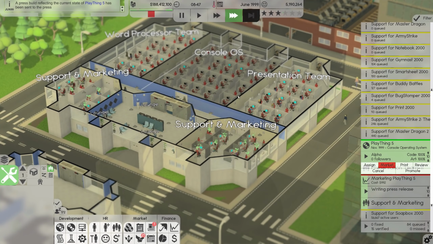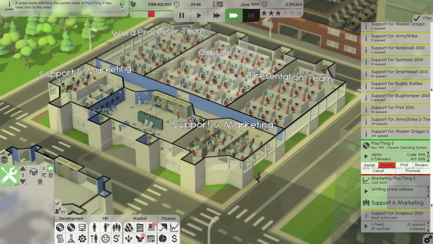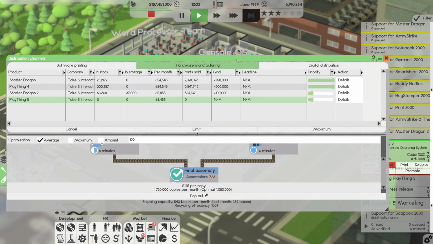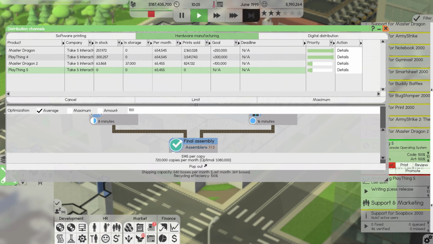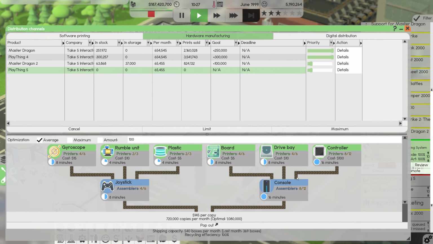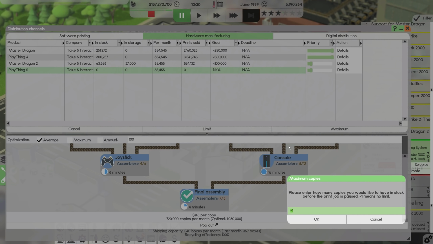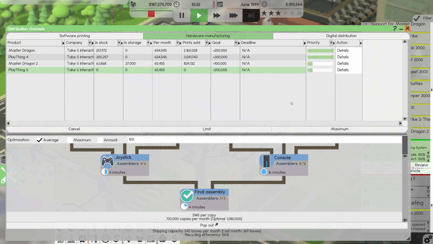And let's go ahead and get Plaything 5 released this year. We need to manufacture this thing. I forgot about this part. I think we can do this. I reckon we can do this. I don't know that I want to do this, but we're going to find out. This might be really expensive. Let's try 200,000. Yeah, let's try 200,000, I guess.